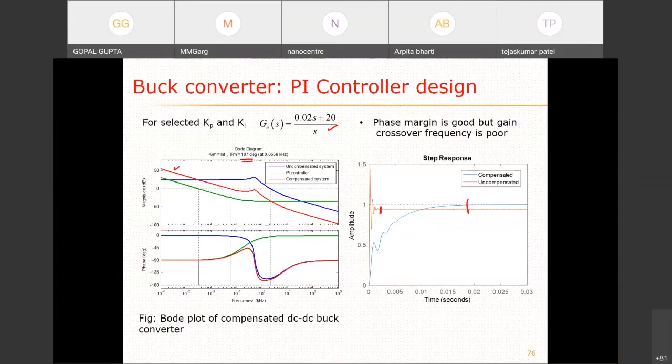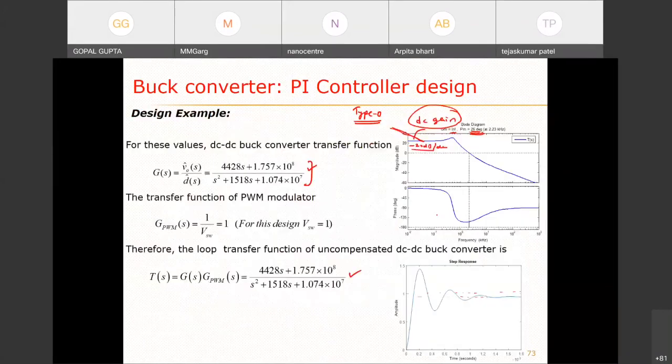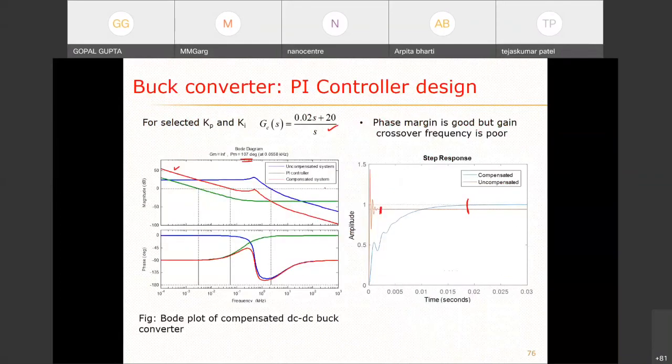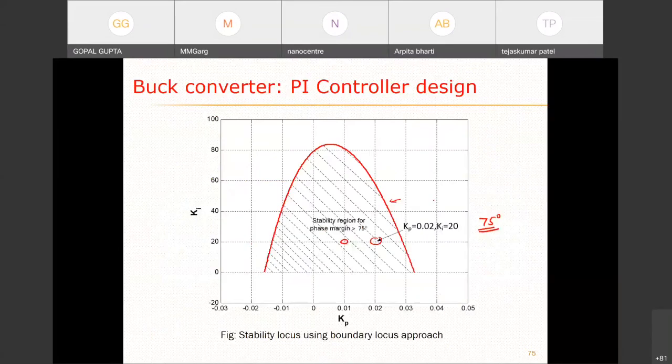So this step response shows me that yes, it is reaching unity now, and these oscillations also died out. But one problem has occurred, and we need to understand fundamentally why it occurred. Earlier, this system was settling very early. Sorry, the settling time was very less, but now settling time is more. So why is it happening so? Let's go back to our frequency response. Here we were seeing that in this case, the crossover frequency was 2.23 kilohertz.